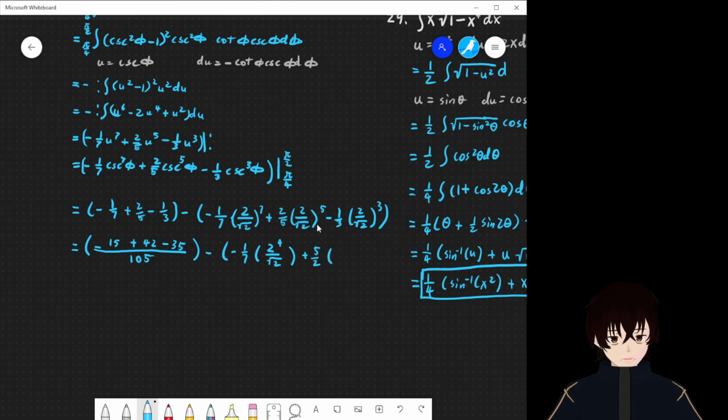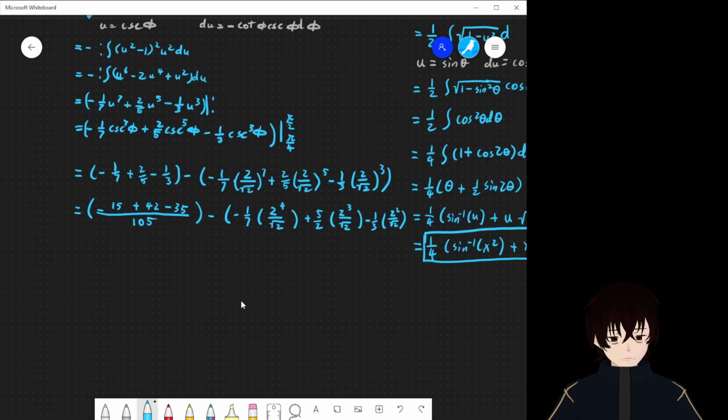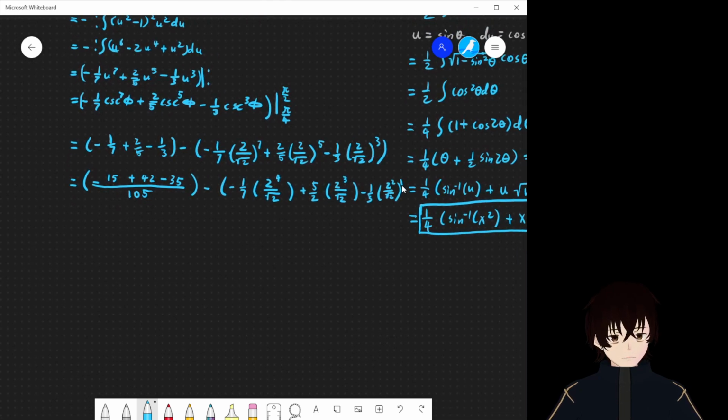And this would be 2 to the power of 3 root 2, minus 1/3 2 to the power of 2 root 2. We're running out of space. So that's negative 8 over 105 minus